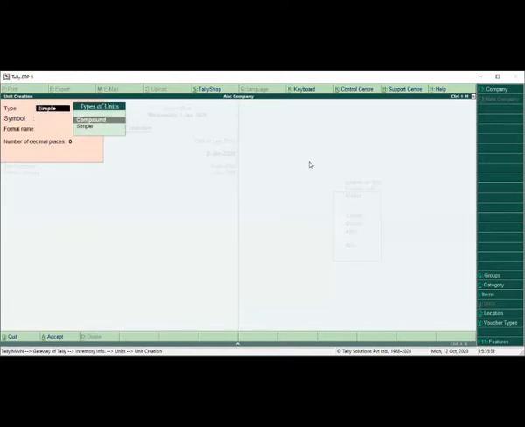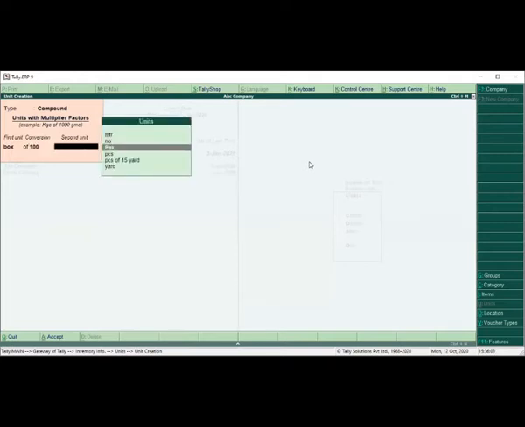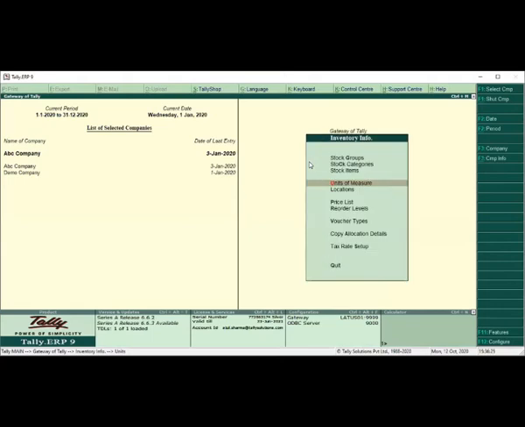So here you can select compound. Once you select compound, it will ask you which is the main unit. So let's see, box. Conversion: how many packets will it give? Let's say 100 packets. In one box we have 100 packs. We'll select pack. Box of 100. So we'll select here packs of 100 is equal to 1 box. Done.